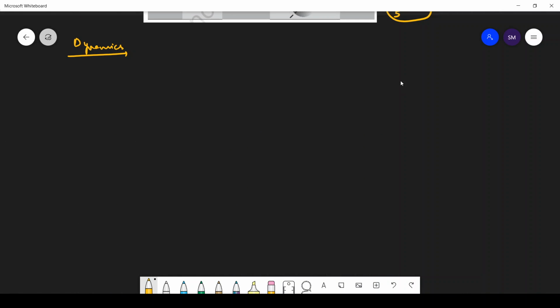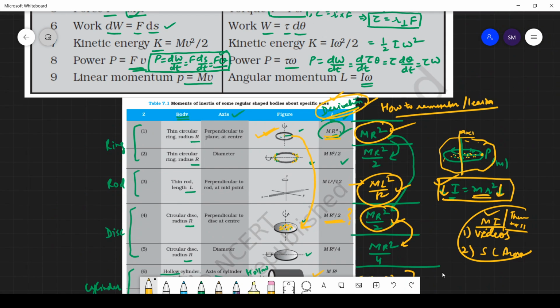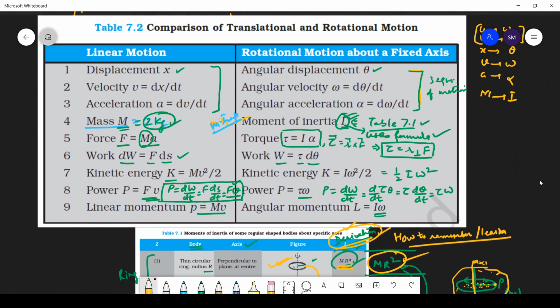Now students, what we need to do in this topic? In this topic we are going to derive these formulas. Kinetic energy we already derived, so we are not deriving it again. Torque we already know, moment of inertia we already know, so we will basically be deriving the formula for power, the formula for angular momentum,